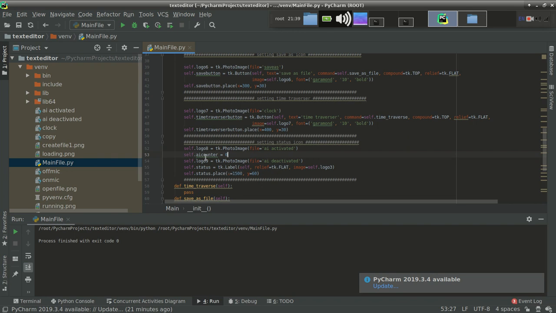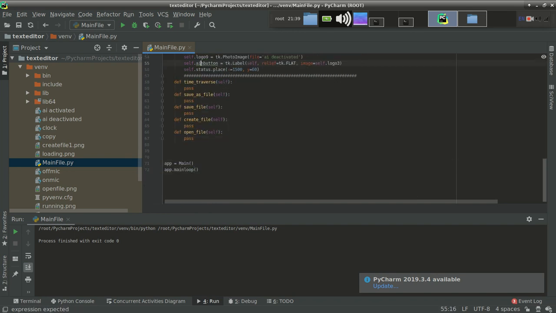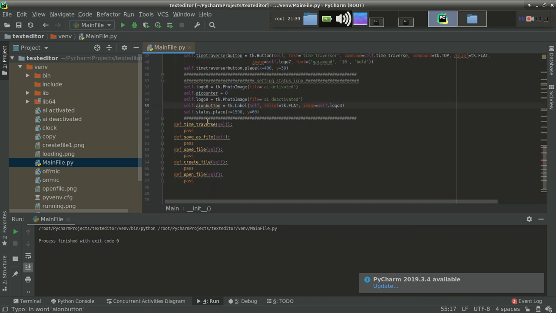So we are going to use this image logo 9. Let's specify a name as AI button. AI button, this is the image button.